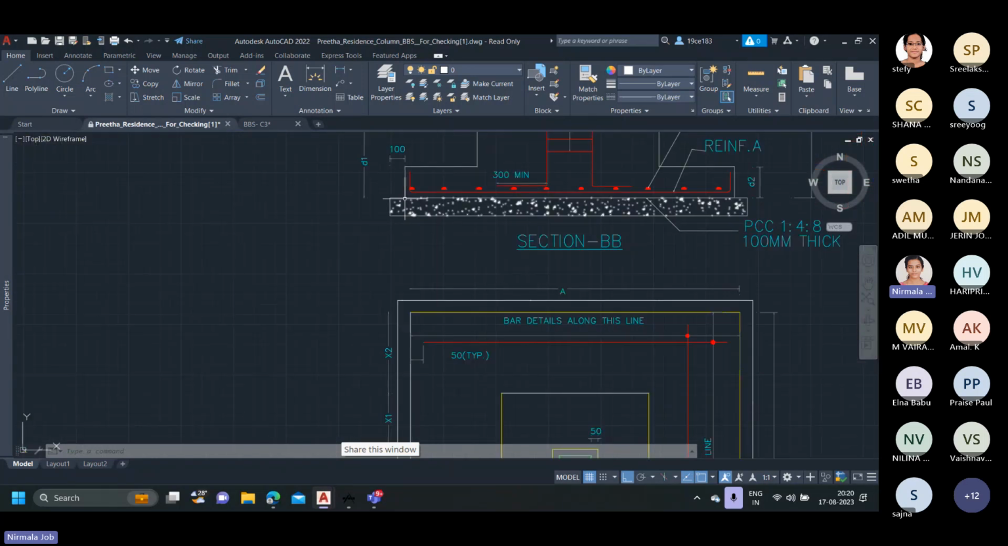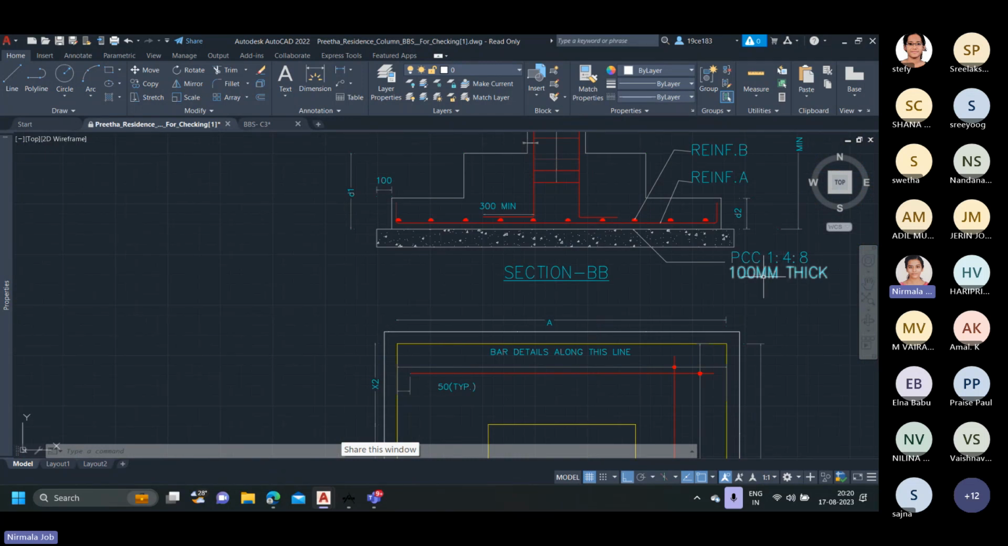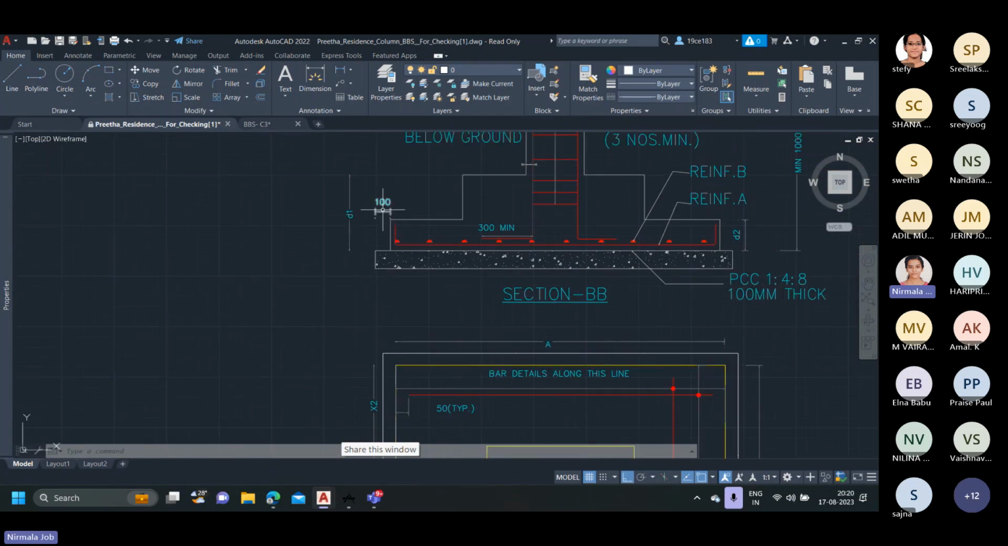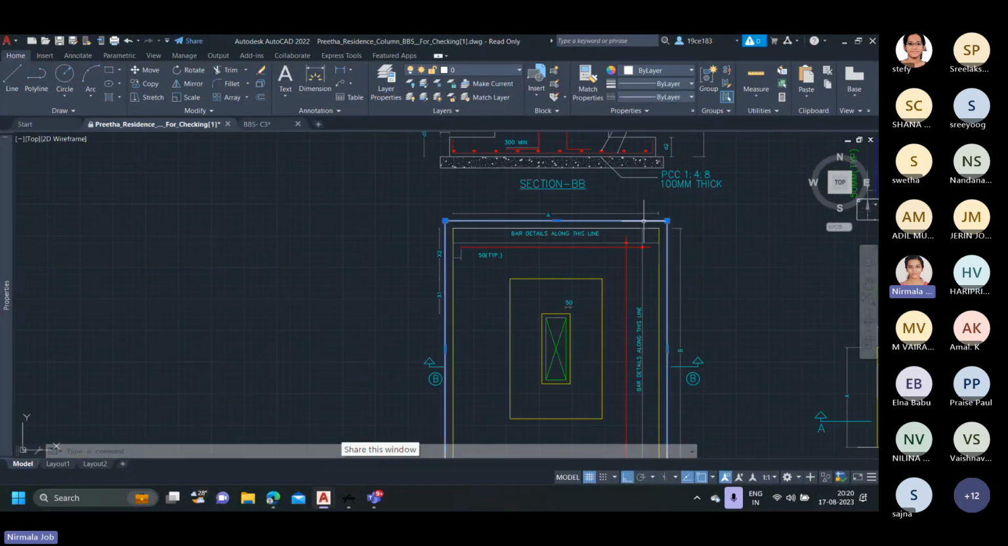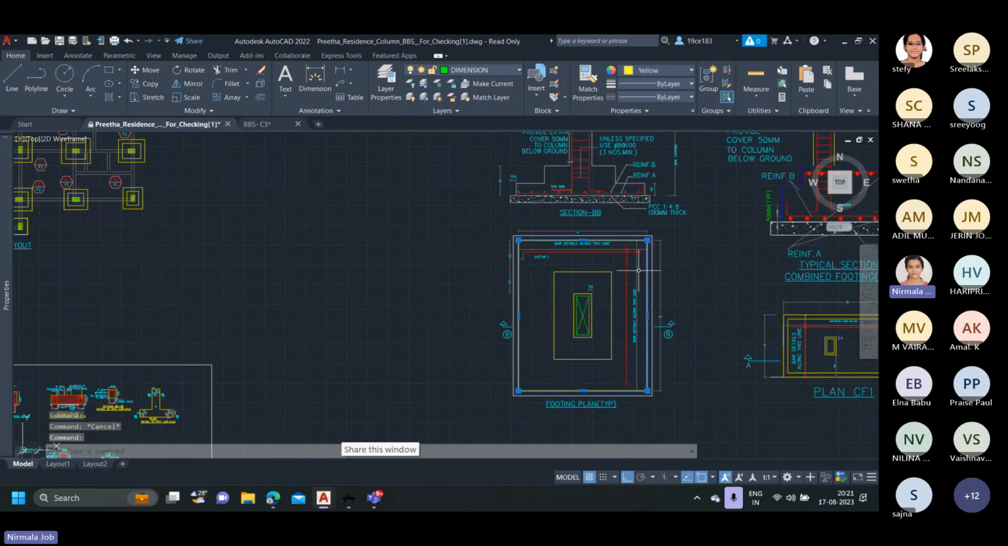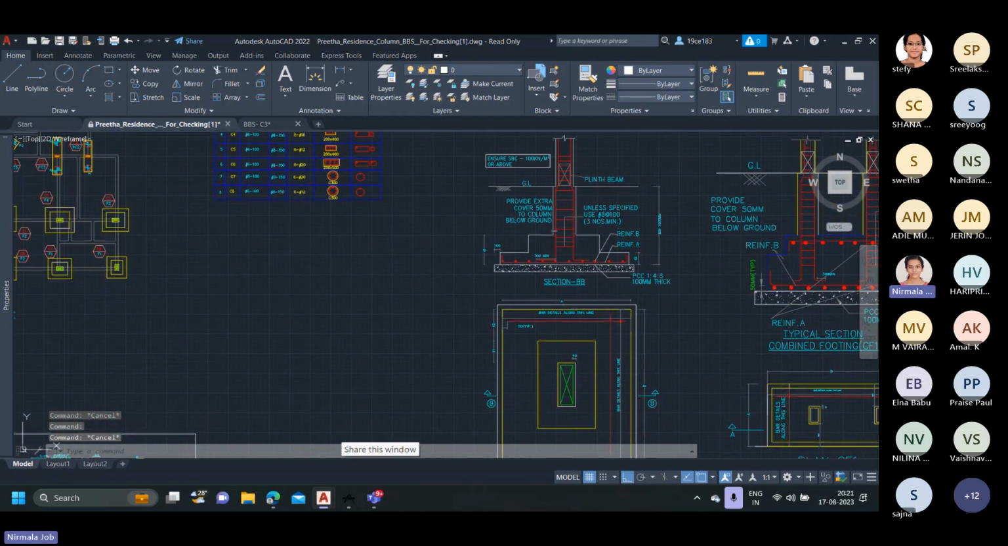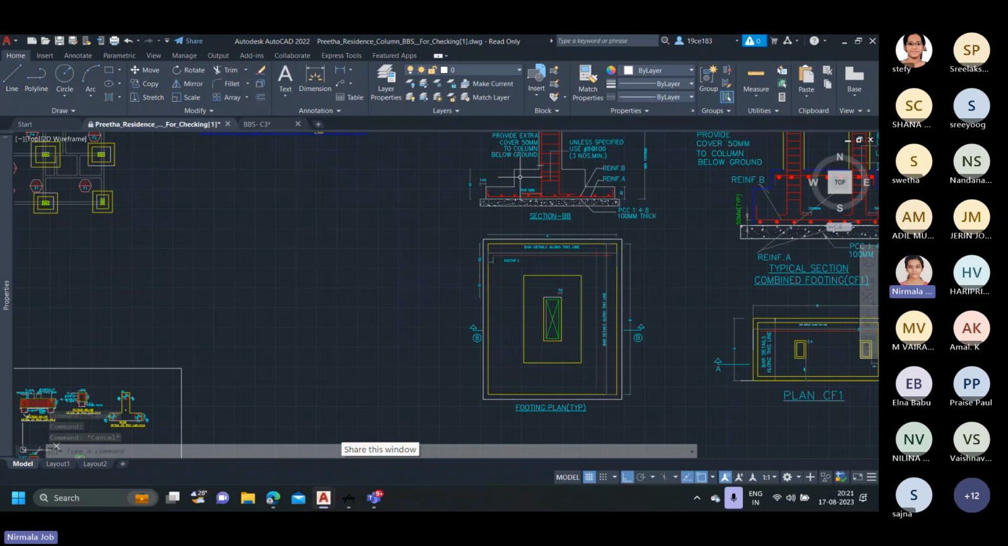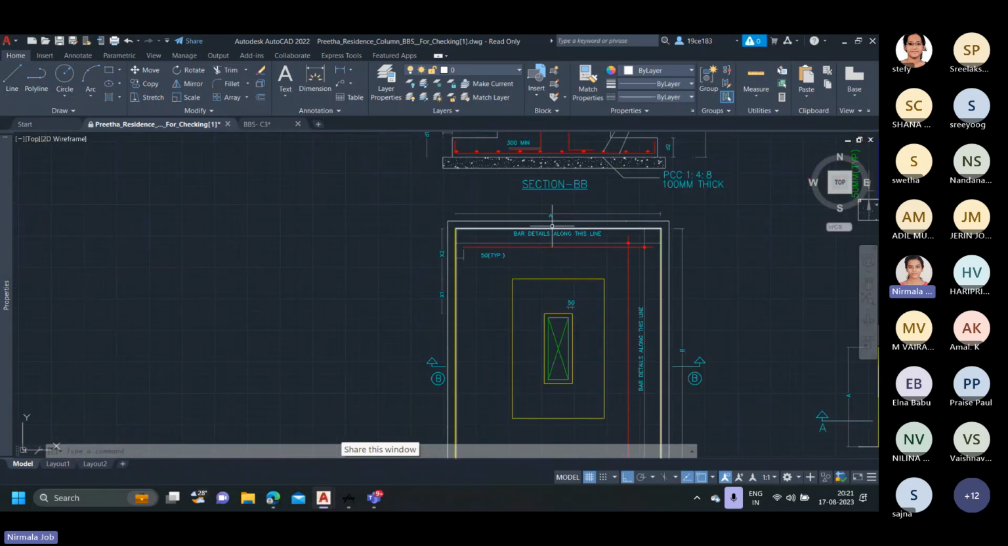And below this step, we have a PCC layer that is 100 mm thick with a projection of 100 mm from the sides of the foundation footing steps. So this particular white colored rectangle denotes the PCC layer, and this yellow rectangle actually denotes the bottommost step of the footing. So the next step of footing, that is the first step, actually comes after